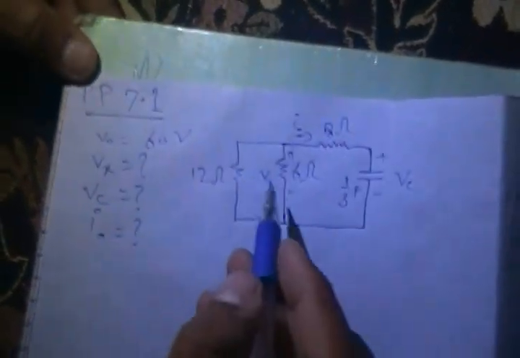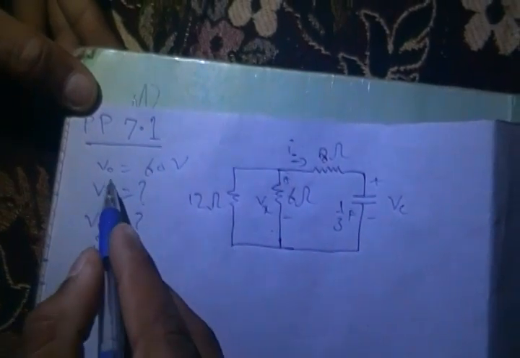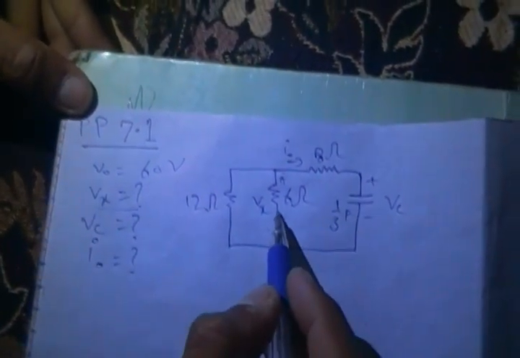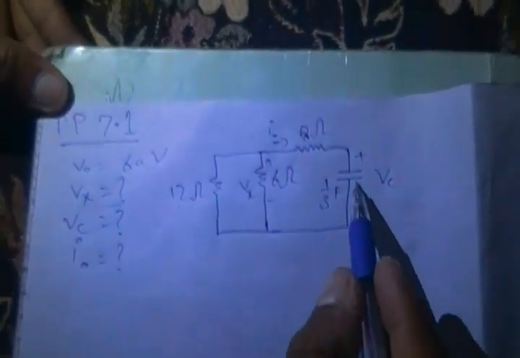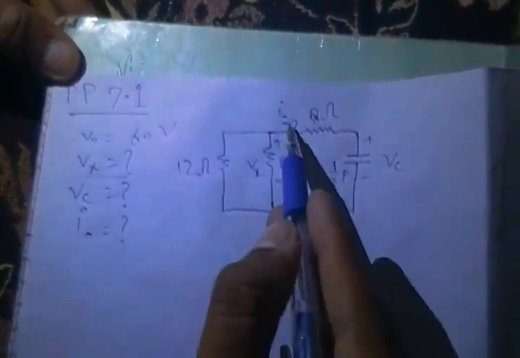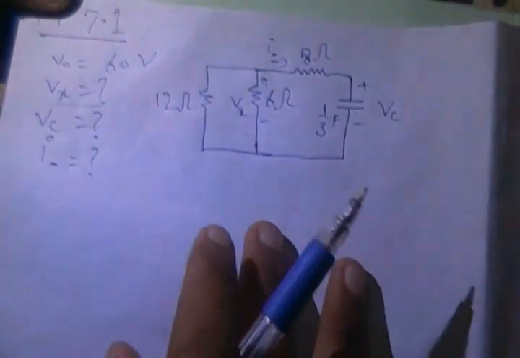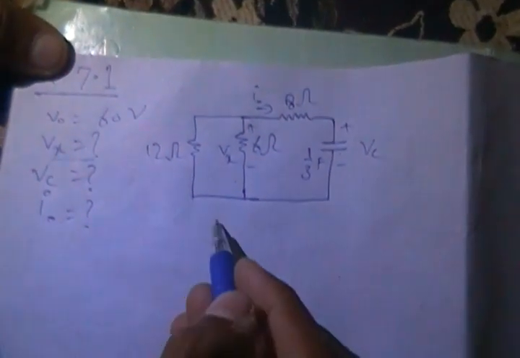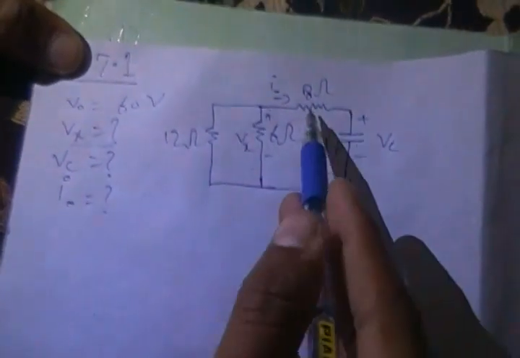So here we are going to solve this practice problem. In this circuit we have to find Vx, the voltage of this resistor, Vc, the instantaneous voltage of the capacitor, I0, the current flowing through this resistor, and V0, the initial voltage of this capacitor at t equals 0. So for this, first of all we have to find the equivalent resistance of these resistors